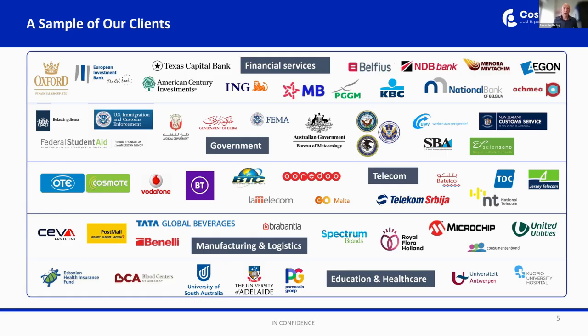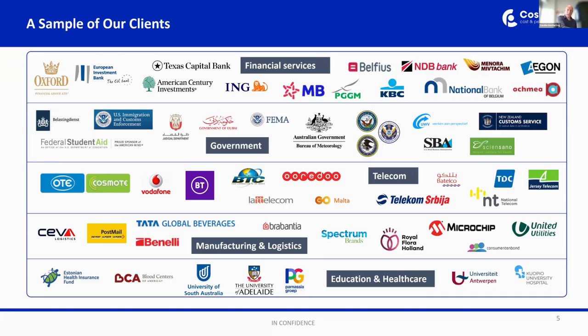And the way we have constructed it is that whether you're BT, whether you're SBA, whether you're the National Bank of Belgium, you will always have costs, and those costs are actually being driven by resources, and those resources perform activities for you, and those activities are done because you have products and services. The whole simple concept of activity-based costing, we've built that in a generic tool, and it got a little bit out of hand.